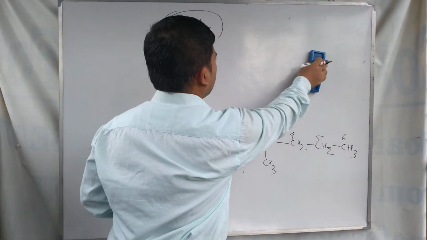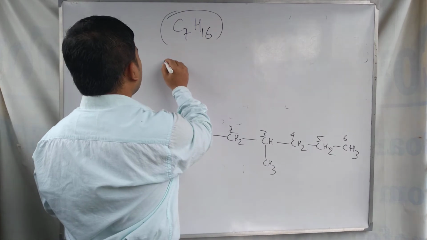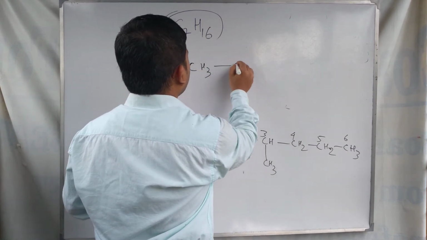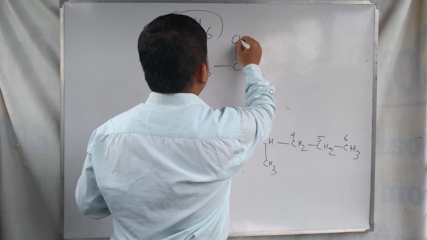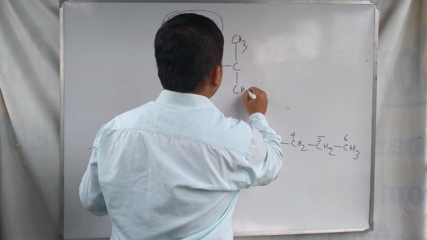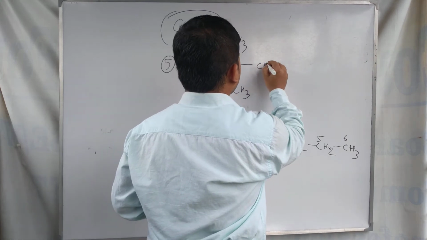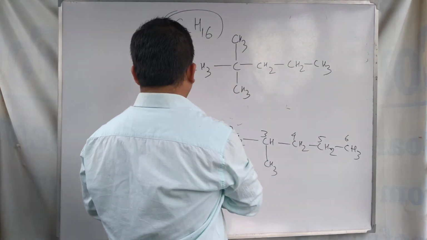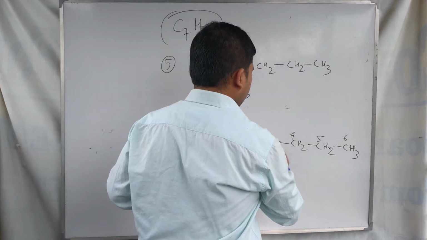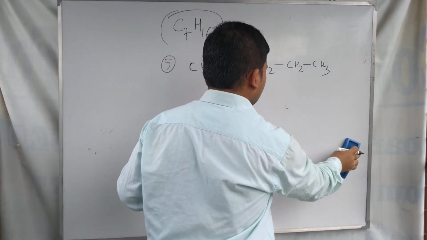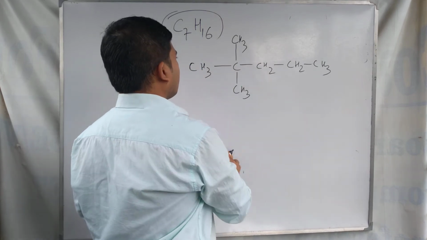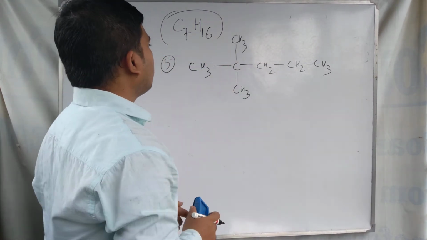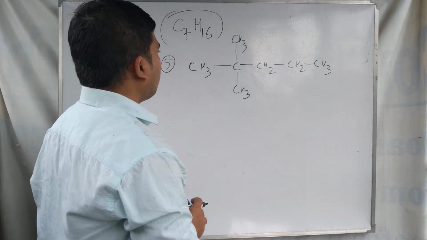After 4th number, we already drew the 4th number isomer. Now we have to draw 5th number isomer, and in 5th number case we double the methyl group on both the sides, and we can find the 5th number isomers. In this case 1 2 3 4 5 6 7.